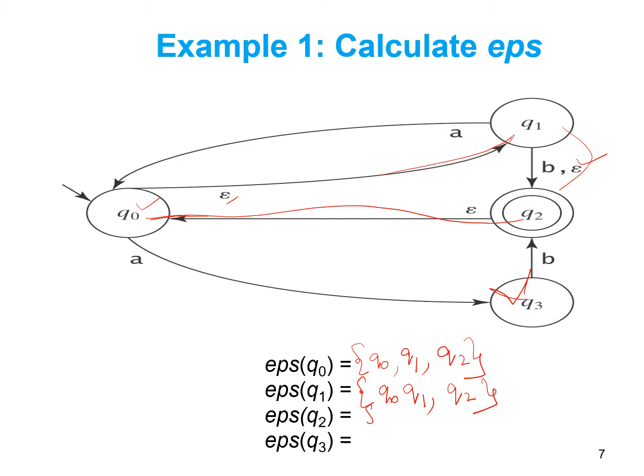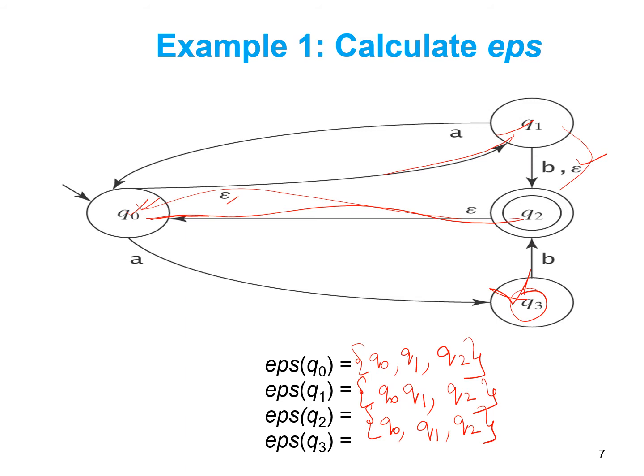Next, EPS of Q2. So by default Q2, then from Q2 epsilon transition is going to Q0. So Q0 is included in the result. Again from Q0 epsilon transition is going to Q1. So Q1 is in the result, whereas there are no epsilon transitions from Q3. So this is the final